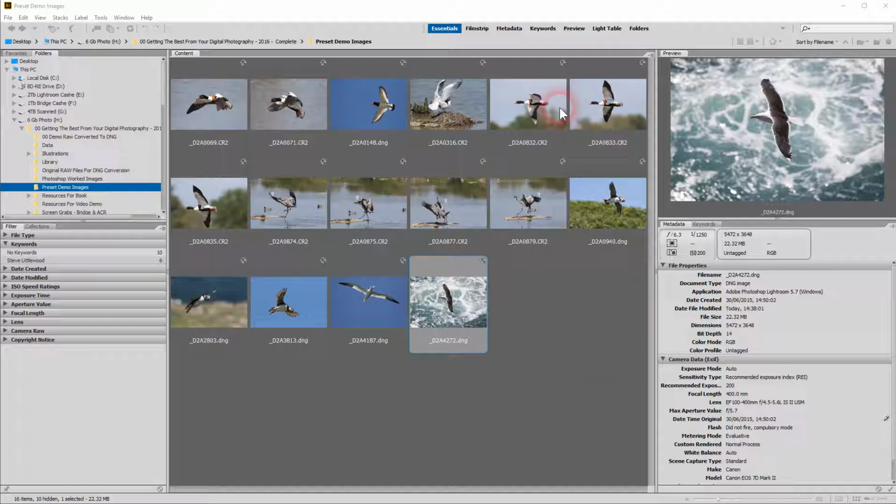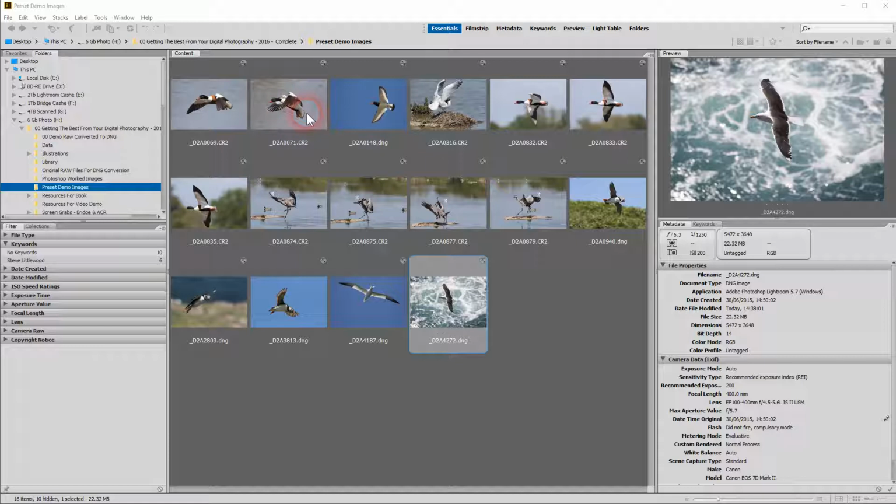Well, I take hundreds or thousands of pictures of birds, usually in flight, and most of these birds have plumage that includes black and white. So there's a huge contrast range of tonal variation in the image. And usually if I go into Adobe Camera Raw and process the images, I'm applying very similar treatments to each image. So if I'm processing hundreds or thousands of images, I don't want to have to manually adjust